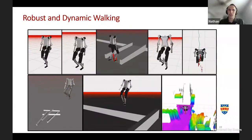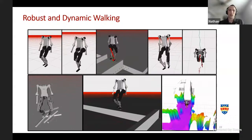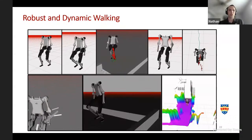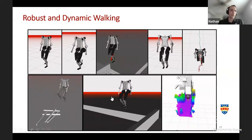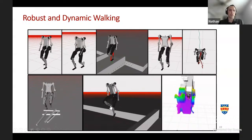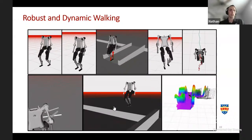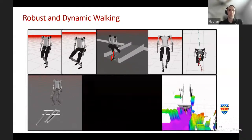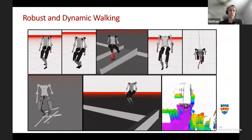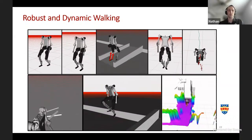But you can actually get a large amount of robustness with this system, and we've shown this for completely blind locomotion. So you'll see here the robot in the middle. It doesn't know that this step is here, and this is about 0.3 meters or so worth of terrain uncertainty, and the robot's able to stabilize itself just fine, taking a blind step off of this ledge. It stumbles a bit, but it's overall able to stay stable quite easily,